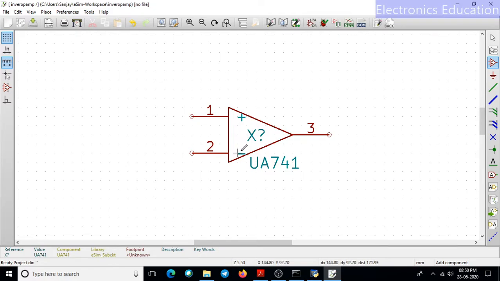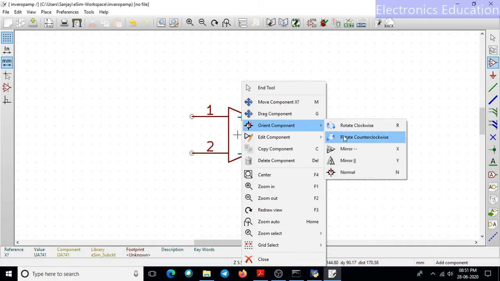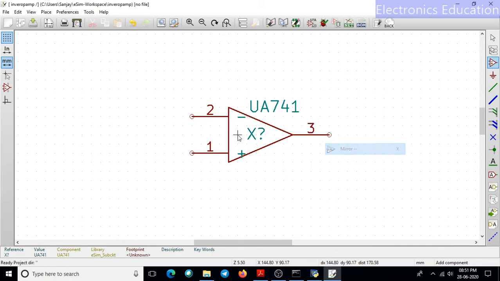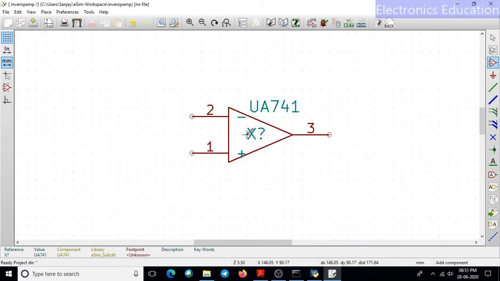Now I want this inverting pin upside and this non-inverting pin down. So what I can do, I need not select the component, just place the cursor on the component, right click, orientation. So just take a mirror of this. See, we are not changing the properties of the component, we are just changing the display view of the component, so that we can connect the components in the circuit properly.